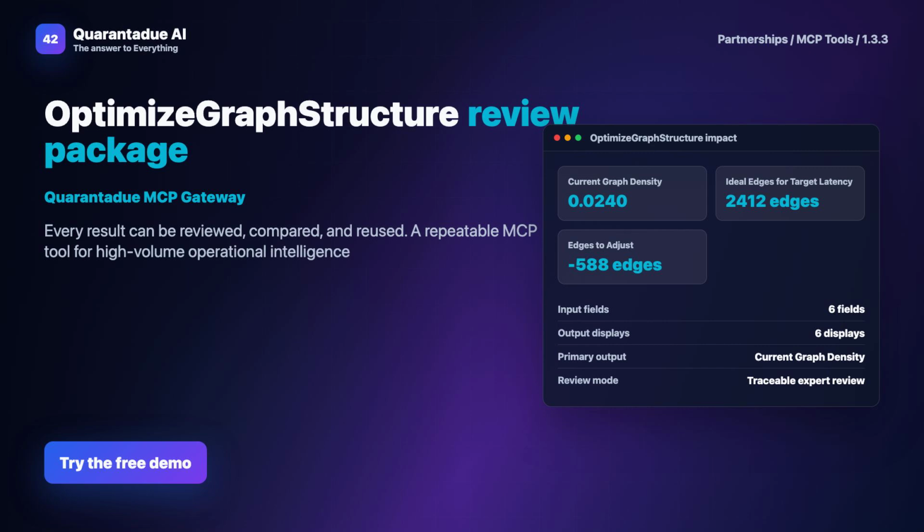OptimizeGraphStructure automates the entire documentation process. It generates clear, stakeholder-ready reports that explain the optimization performed, the performance gains achieved, and the methodology used. These reports are designed for both technical architects and partnership VPs, showing how data governance rules were followed and how the optimized structure aligns with broader business intelligence standards. This turns a technical process into a